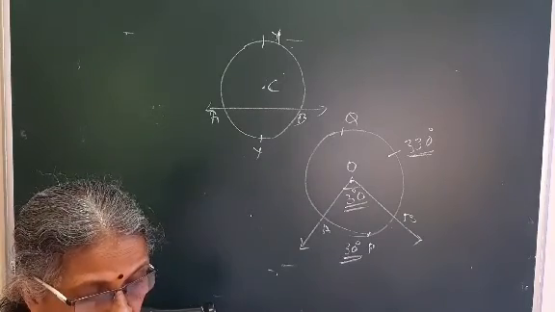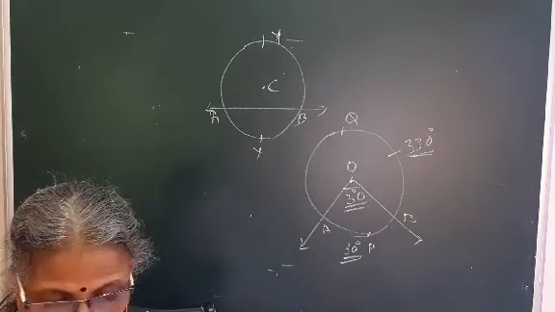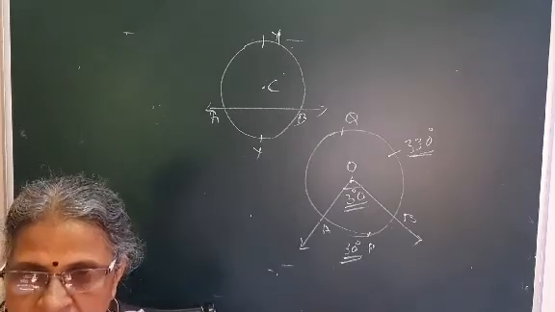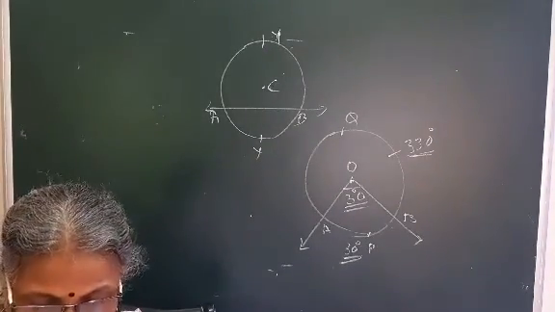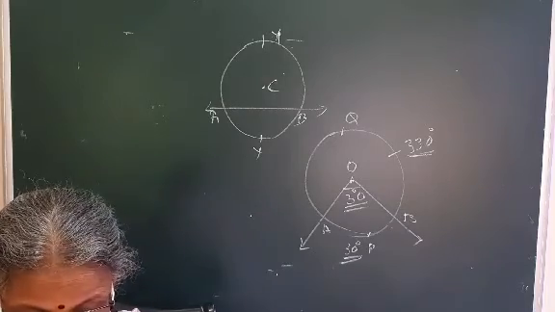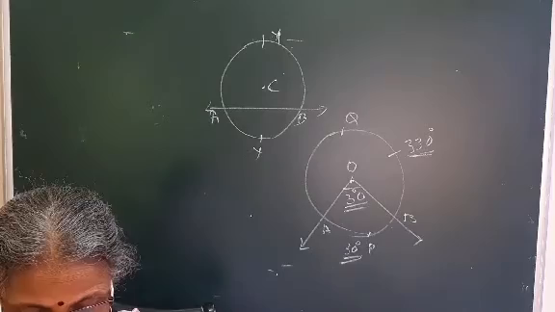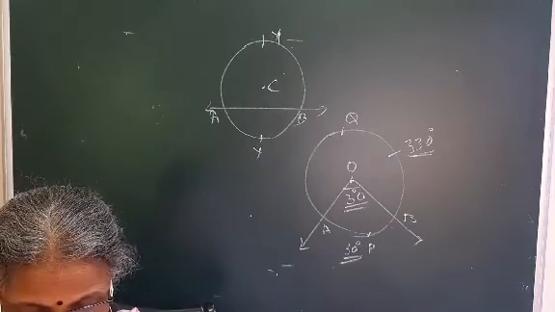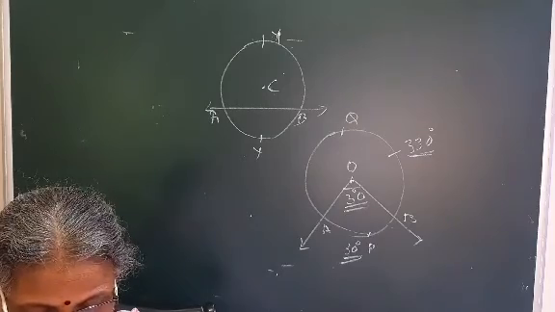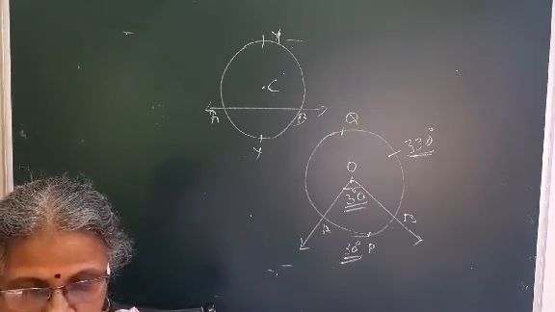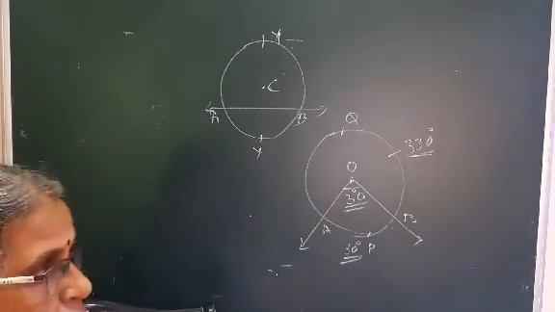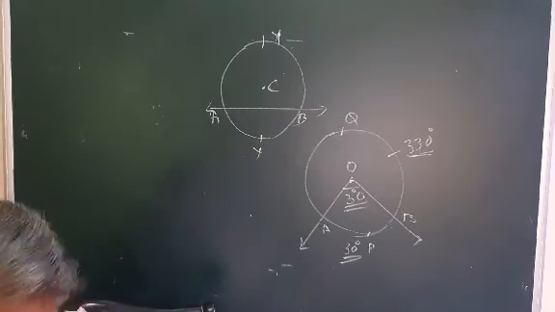Prove the above two theorems for congruent circles. So instead of using one circle, if you draw two congruent circles, you can also prove it in the same way. Followed? There is nothing else, only you are going to show the triangles congruent. Followed? So here as we have triangle OPQ congruent triangle OSR, by SSS test you will have angle POQ congruent angle SOR, corresponding angles of congruent triangles.